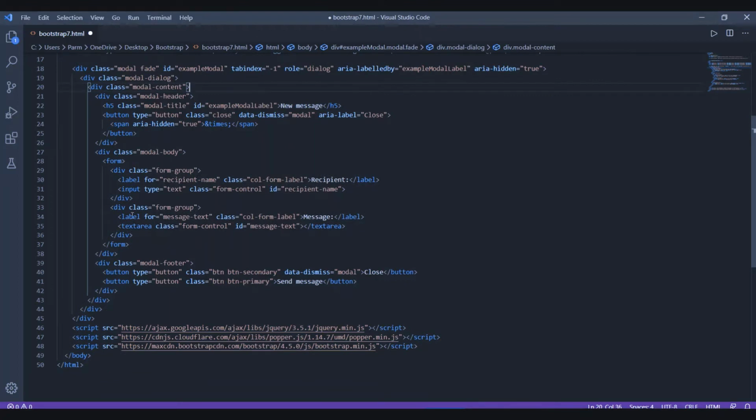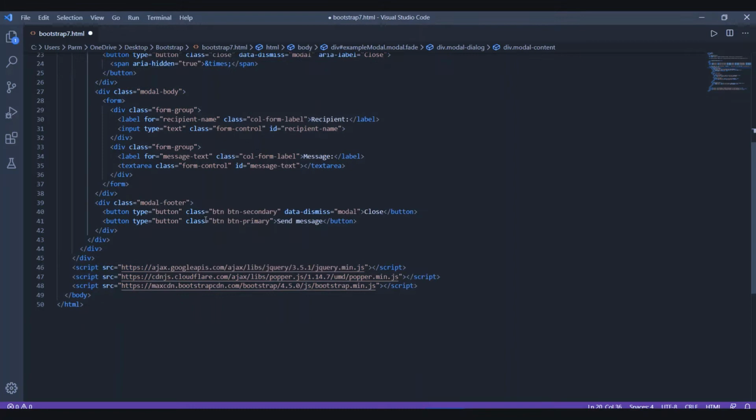We have created a form that has a label, message. Then we have created a text area with this message id, and here we have created a label for the id recipient-name, and then an input of type text.